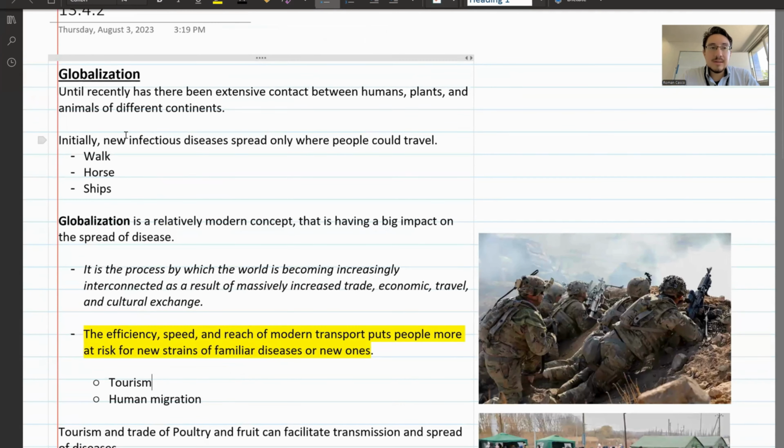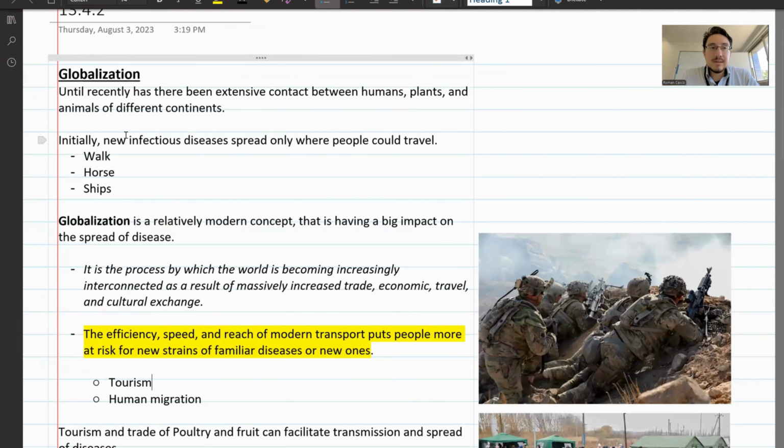Before modern transportation, it was essentially walking, horses, ships, which wouldn't go that far out and extensively. But with this idea of globalization, where you have this idea of being interconnected, and humans being able to move across all continents, essentially,